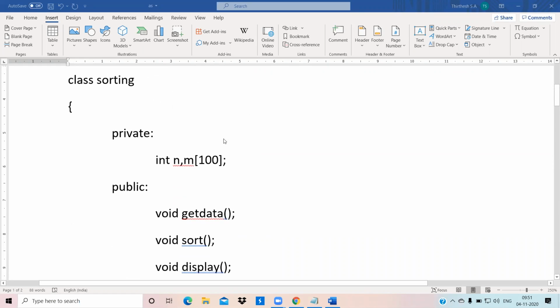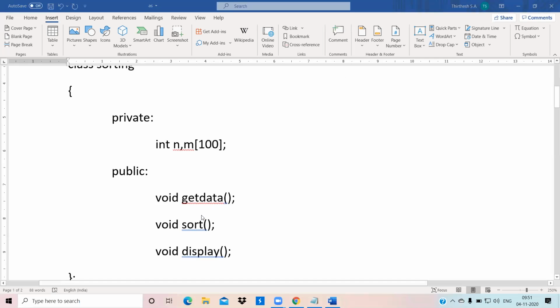So this is how we create a class called sorting, which has a private section where I have declared the number of elements to be utilized, and also the array m.